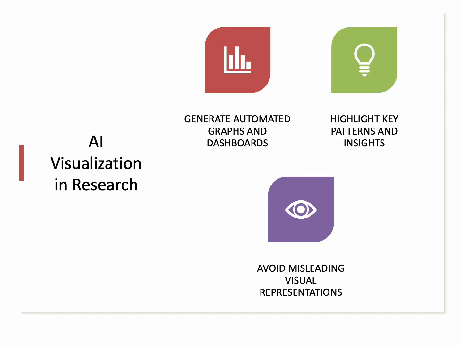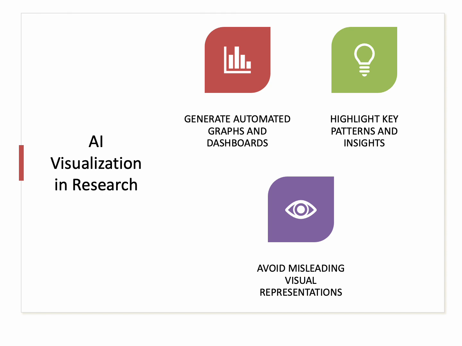Following model validation, let's discuss AI visualization in research for healthcare management and social sciences. AI generates automated graphs and dashboards, presenting complex data clearly. For example, AI can create heat maps of patient outcomes in hospitals or interactive dashboards of income trends in social studies, making findings accessible. These visualizations highlight key patterns, like correlations between staffing and care quality or education and employment,